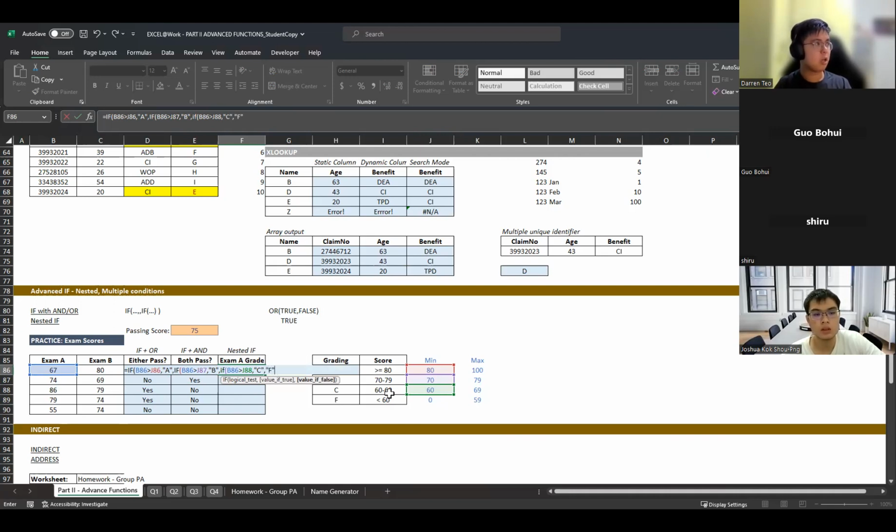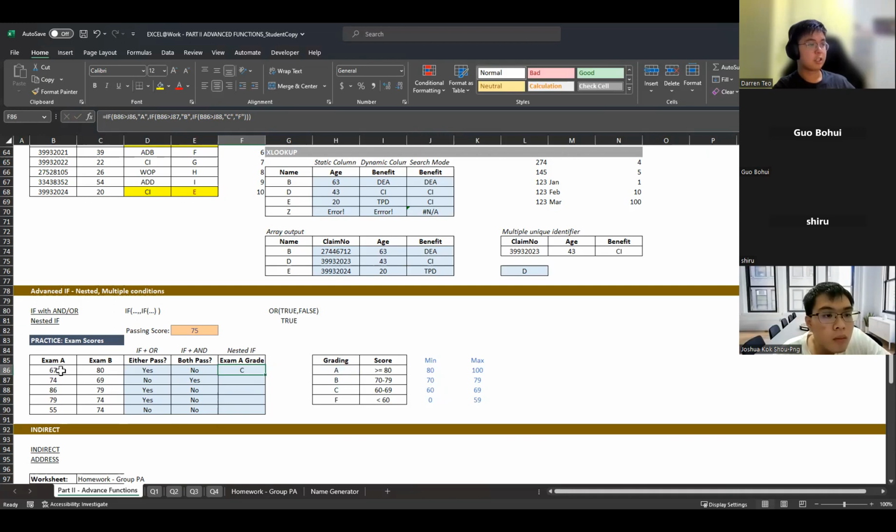Okay. And then I need to make sure that I cover all my brackets. You see that Excel has a way to see all your brackets. For example, this is a purple bracket. I don't know if you can see my screen clearly, but there's a purple bracket over here. It shows that I close the bracket with the purple bracket over here. And then the red closes the red, the black closes the black. So this should be correct. So you see that for this grade, I got a C, which makes sense because I'm 67 and I'm in this range, which gives me a C.